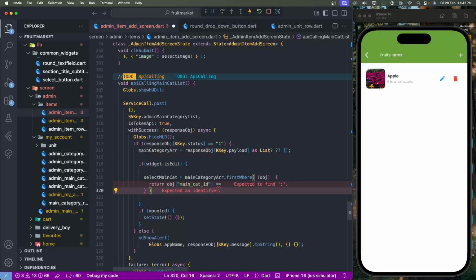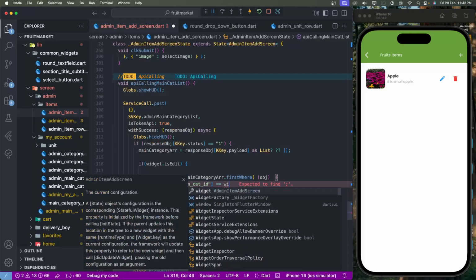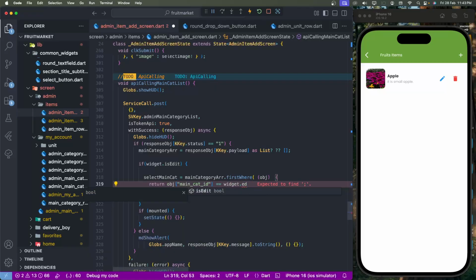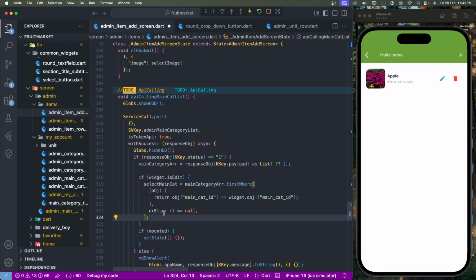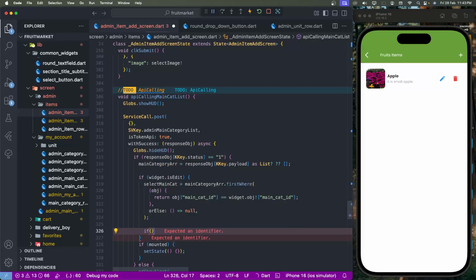equal to widget dot edit object, and we need to set this main categories id and semicolon, set the question marks like this. If it finds the equal value, then return this, or else write down null. Then the configuration: if select category is not equal to